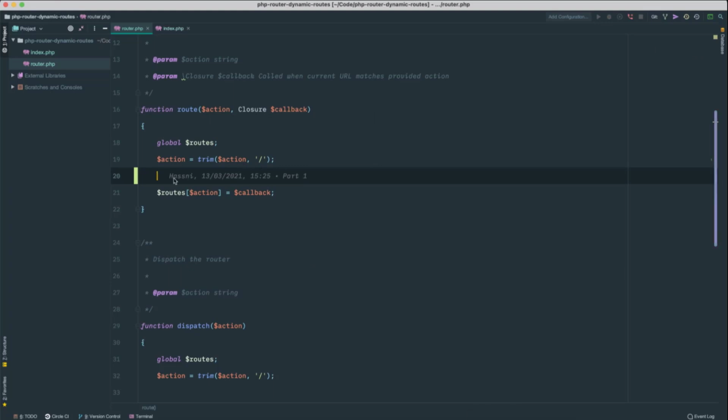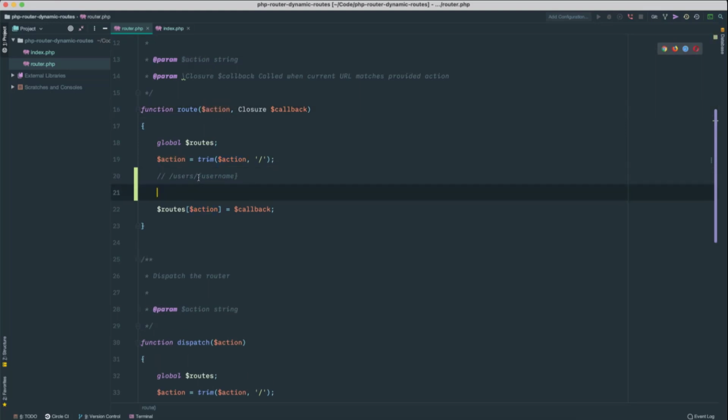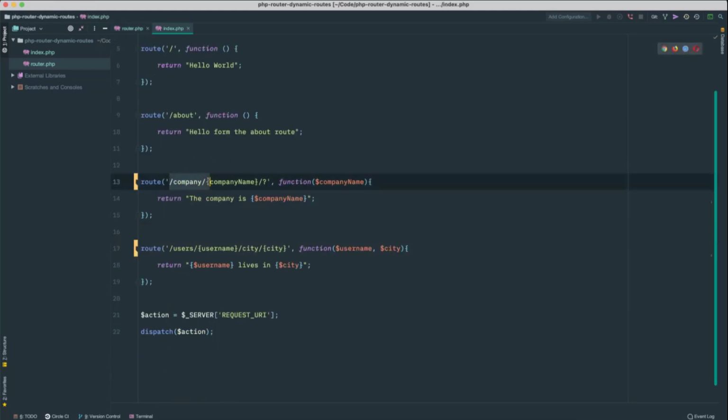For example, if I have a route called /user/username, by route I mean the action. If we have this, we need to replace anything that starts with a curly brace and ends with a curly brace with the same regular expression group that we used to add in our route action names here.